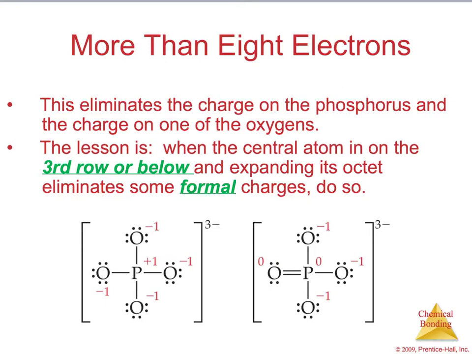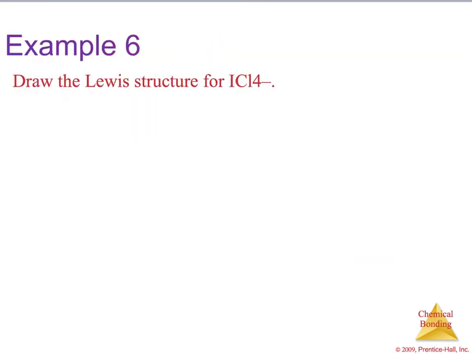So, to sum it up, if the central atom is coming from the third row or below, we want to expand its octet to eliminate some formal charges if we can do that. And if we can, then that's going to be our preferred method. So example 6 says to draw the Lewis structure for